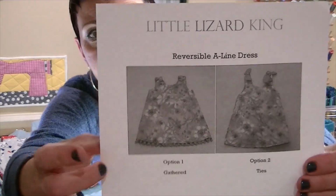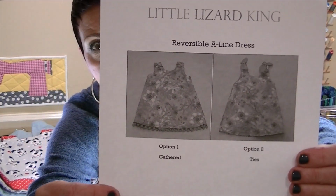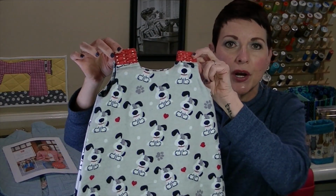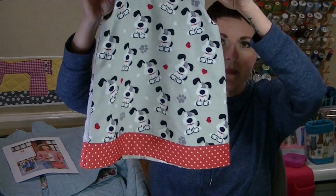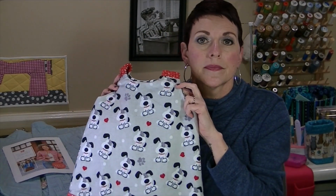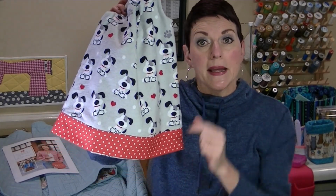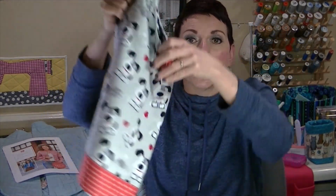But here's the info on it, and as you can see, there's two options. You can either have ties or gathered. And I made this little dress, this adorable puppy fabric I got from Joanne. And then this is the actual dress I made during the tutorial of how to add a hemband, one of the dresses. And then the bottom